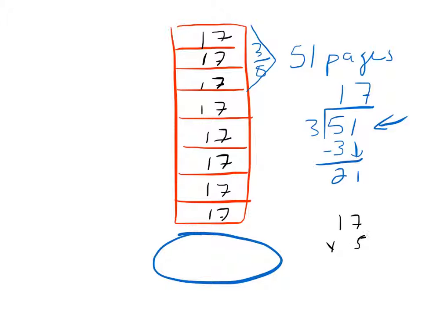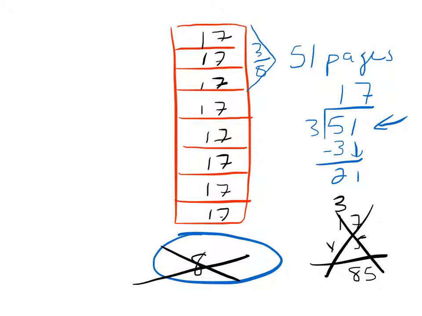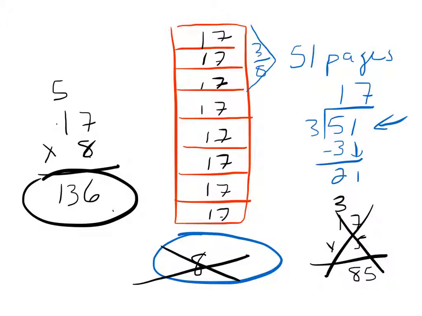And we can do 17 times 5. 5 times 7 is 35. 5 times 1 is 5, 6, 7, and 8. So we know, actually, that's not correct. I'm going to go back there. I have to do 17 times 8 because there's 8 boxes there. That'll be 56. 8 times 1 is 8 plus 5 more will be 13. So there's a total of 136 pages in the book. He's on page 51, which is 3/8 of the way. So our answer to example 1 is